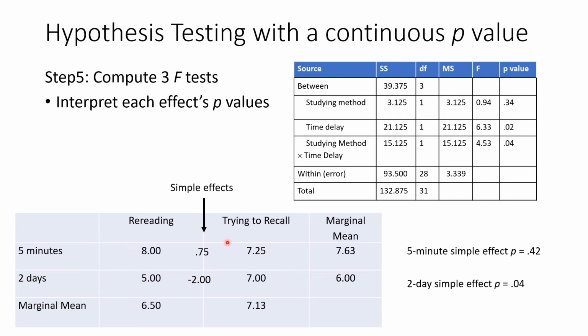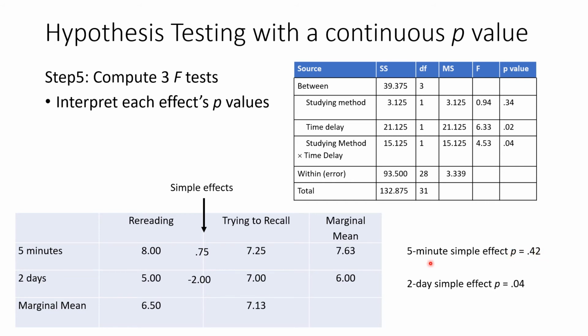In order to interpret this interaction most accurately, you should do simple effects analysis. Again, you're going to get this from a computer, but you need to know what these numbers mean. So the simple effect for the 5-minute time delay is comparing this cell mean and this cell mean. The rereading, after 5 minutes, or excuse me, studying and then taking a test 5 minutes later, and then rereading, taking a test 5 minutes later, that difference of 0.75,